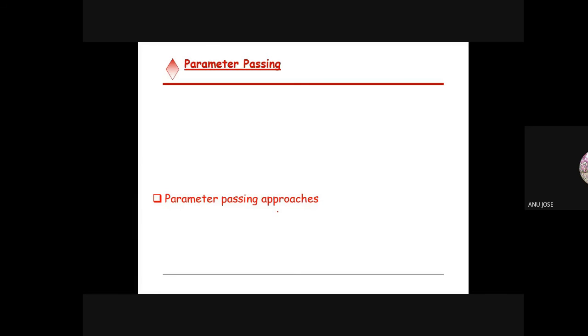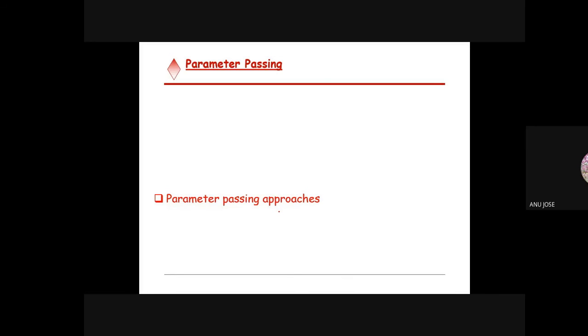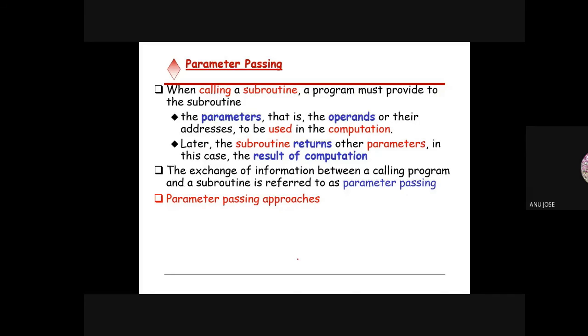So here also in parameter passing you will have multiple options. One is pass by value and one is pass by reference. Those are the parameter passing schemes here also. Other than that, what different hardware is involved, or what other registers or memory locations are involved, that we will be seeing.